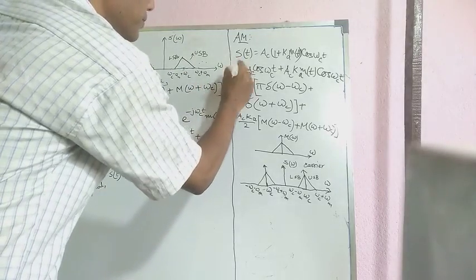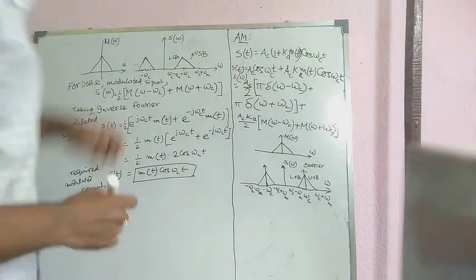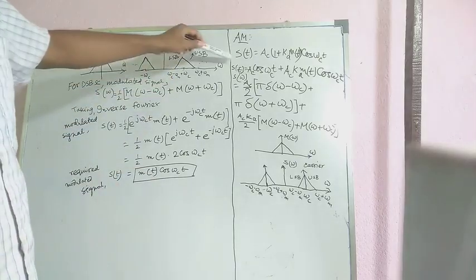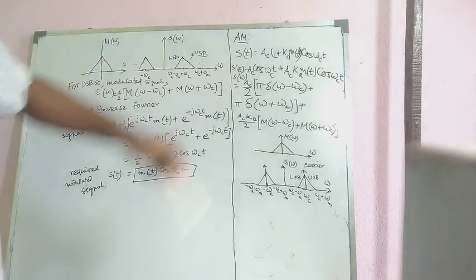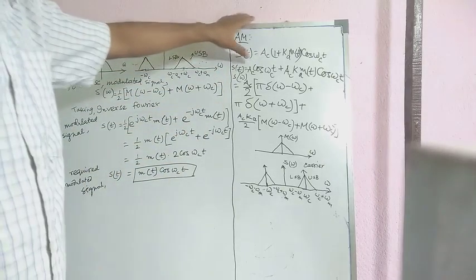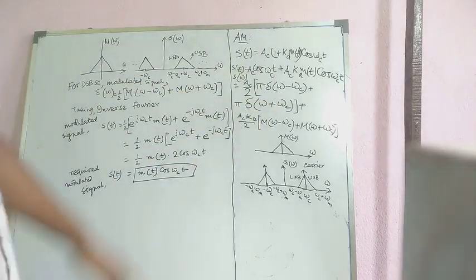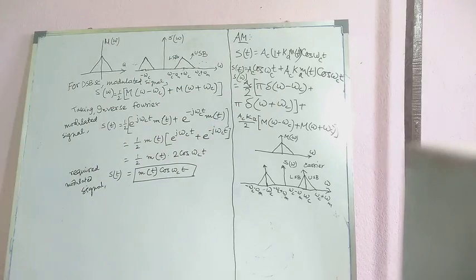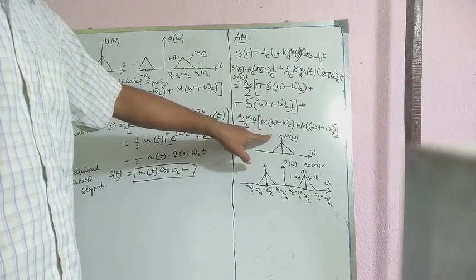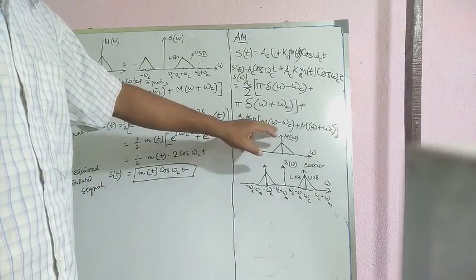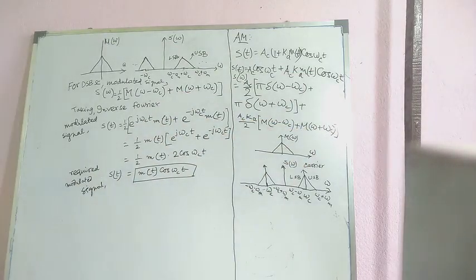This is s(t) and this is S(omega). We got the expression of the amplitude modulated signal in the time domain, and when we took the Fourier transformation, we got that cos omega_c t is giving pi delta(omega minus omega_c) plus pi delta(omega plus omega_c), and this part is contributing to the shifting of the message signal by minus omega_c and plus omega_c.